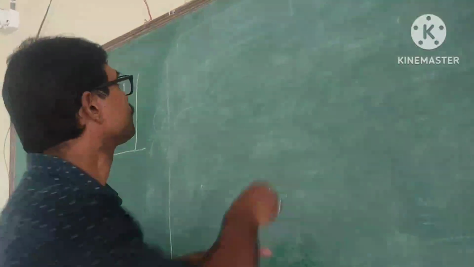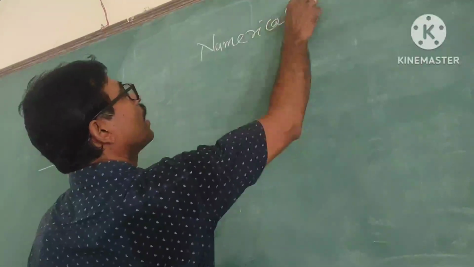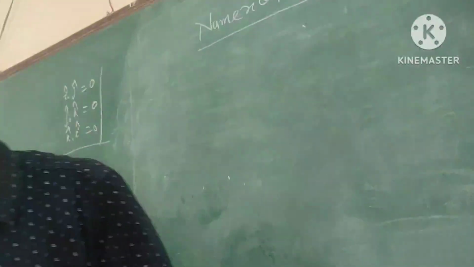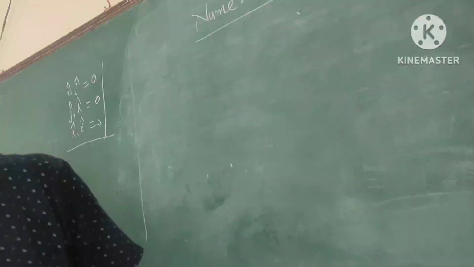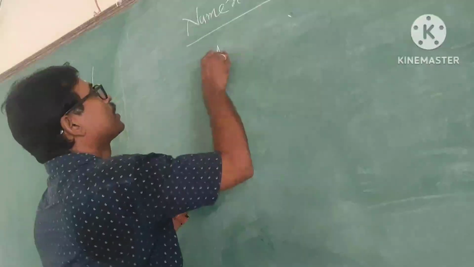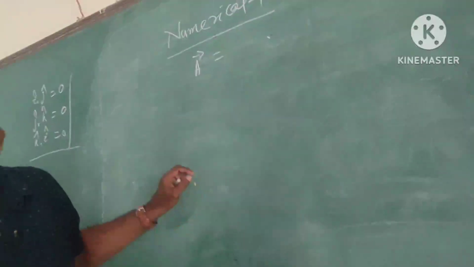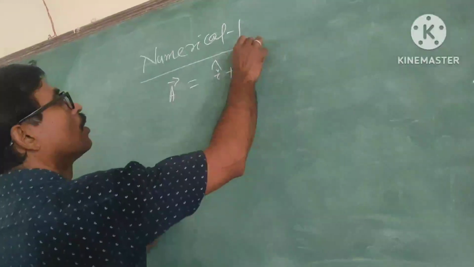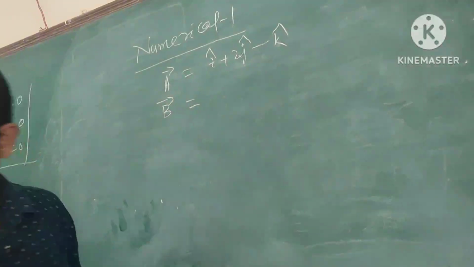Numerical 1. Suppose the question is to find the angle between the vectors. Vector A is given, vector B is given. As per the question, vector A is equal to i cap plus 2 j cap minus k cap. Vector B is equal to